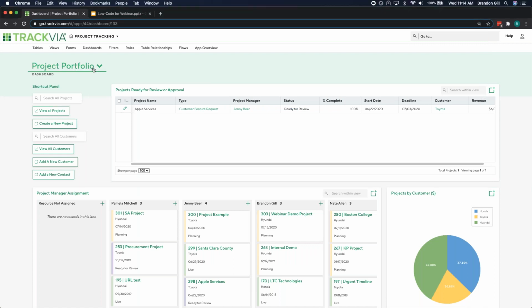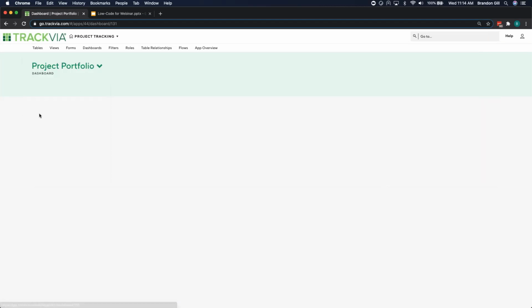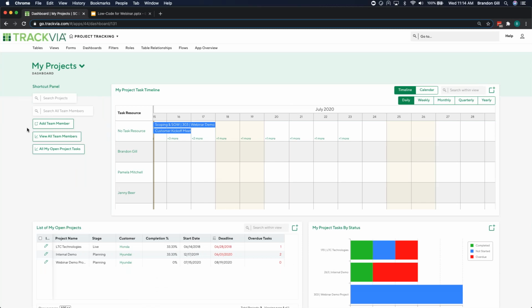Now that I know that I'm assigned to this project, what I'll do is I'll switch to a new dashboard where we're focused more on a project manager. This is this My Projects dashboard. And on this My Projects dashboard, I'm looking at it through the lens of Brandon Gill. Had I logged in as a different project manager, let's say Jenny Beer, who's another member of our solutions consultant team, I would see all the same elements on this dashboard, but I wouldn't see projects assigned to Brandon Gill. I'd see all things assigned to Jenny Beer. So again, with robust roles and permissions, you can really make sure that people are focused on information that's relevant